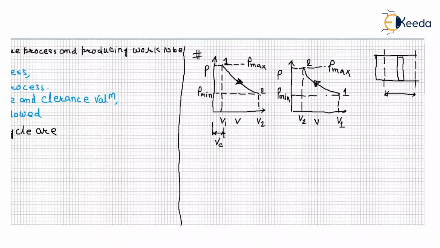So to protect the piston head, to protect the cylinder head, we always give some gap between the inner dead center and the piston head. That gap is known as clearance volume, VC. And this is your minimum volume. Why? This is your minimum volume,